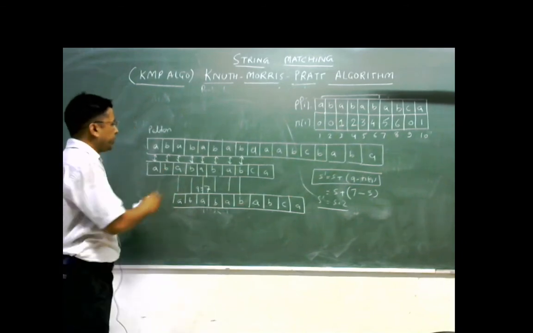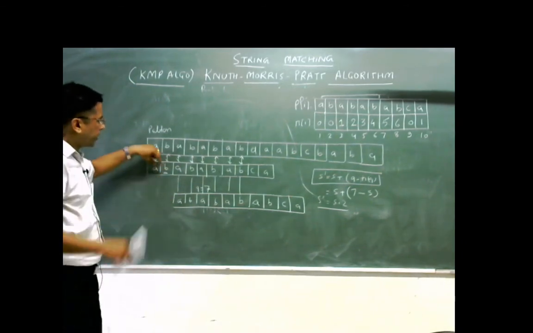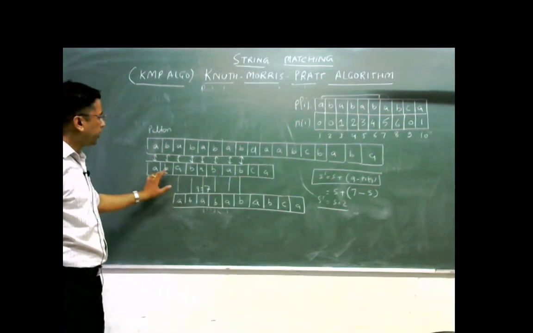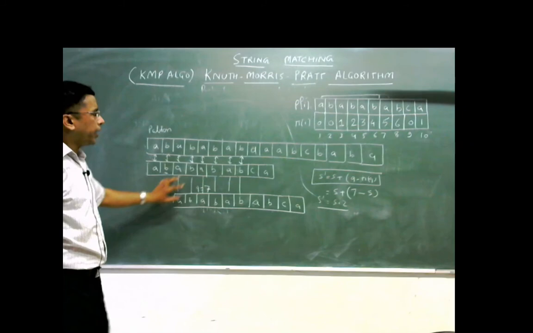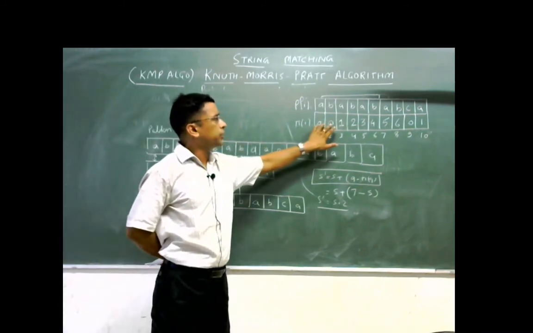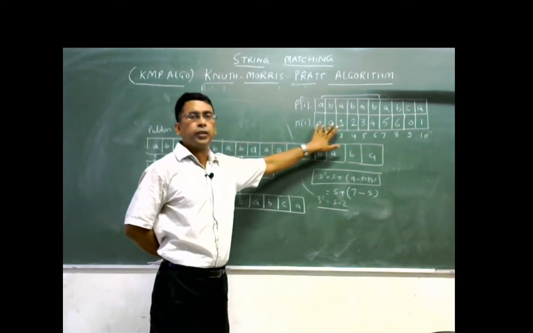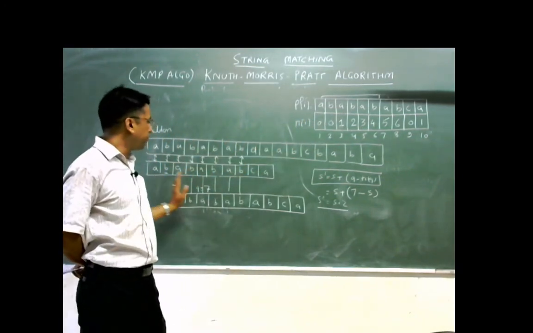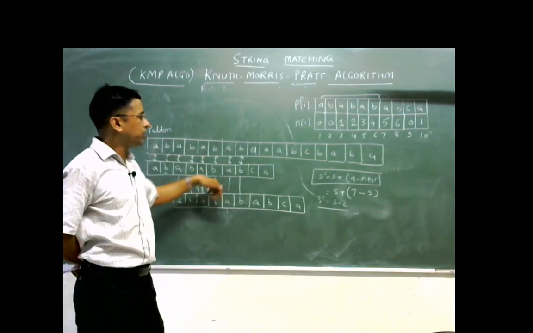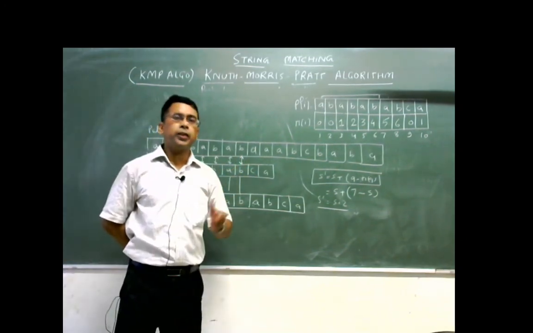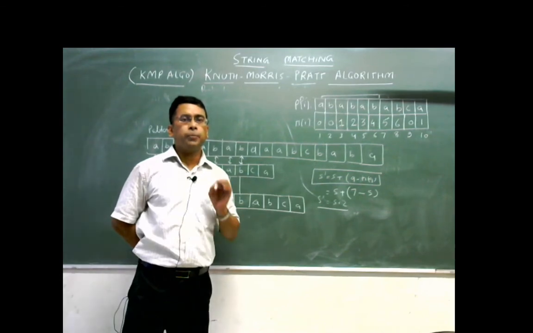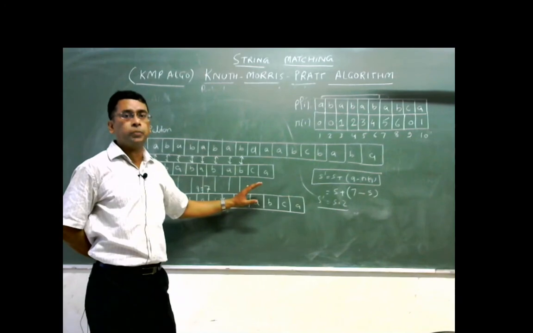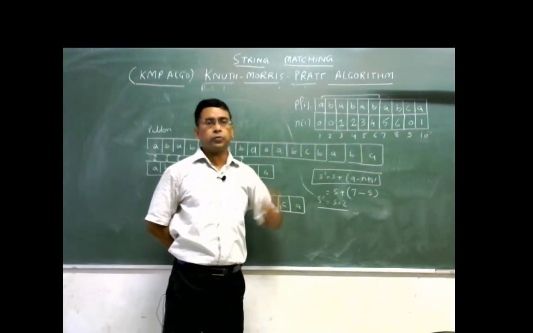We have avoided B here because in this string, if we shift this element at the second position, definitely there is no match between these two elements, and this shows that by this prefix function that after one shifting the same pattern will not occur. There is no prefix like that, so we have bypassed this position. So in this way we can jump certain position of possible match, some position of where match could not occur by simply analyzing the prefix function.